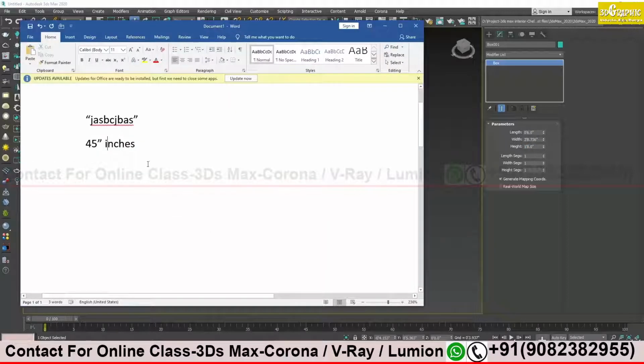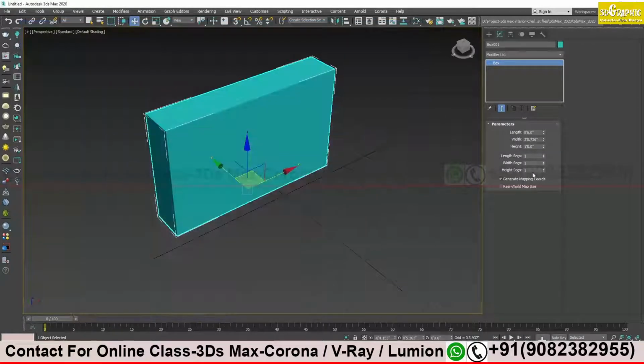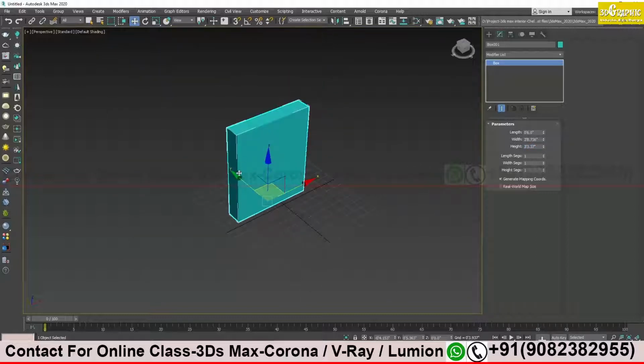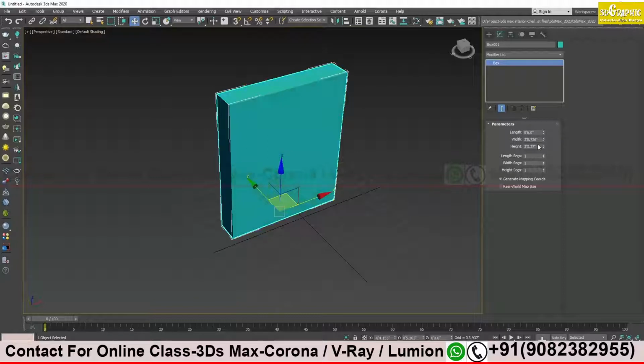Suppose I want it to be 100 centimeter, I have to type in 3ds Max also 100 cm, and enter. Now you see this is now 100 centimeter. I have given the value in centimeter.